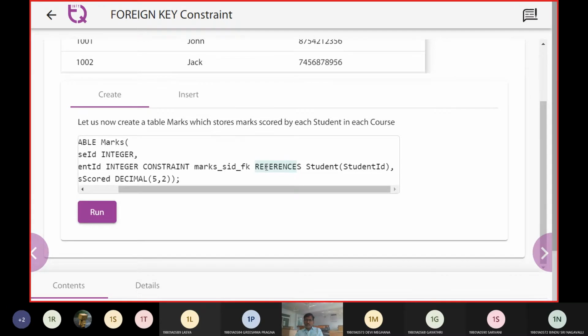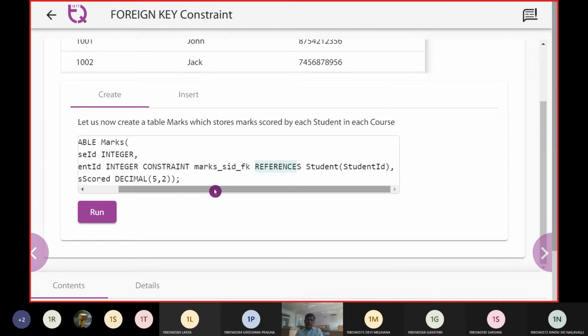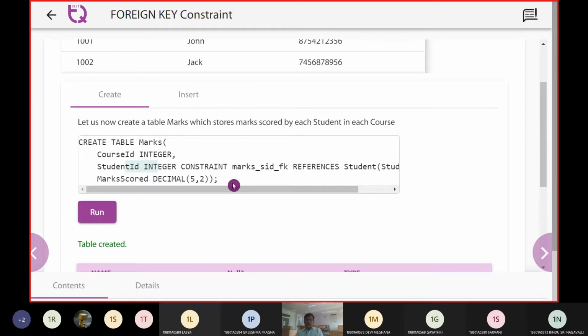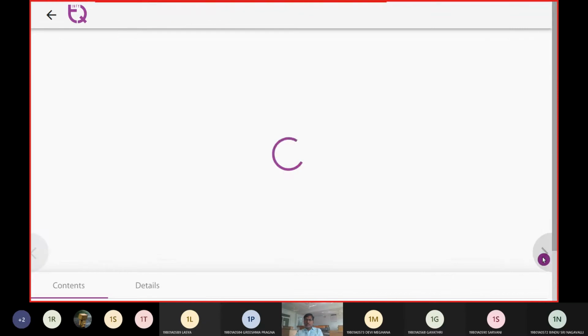Just now we created the marks table, and earlier we had the student table. So now we need to link both of them. We are going to link it with the student ID. That's how we are going to use a foreign key. The table was created with course ID, marks code, and student ID is common in both the tables.